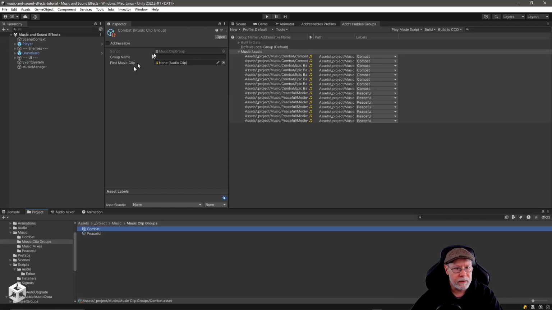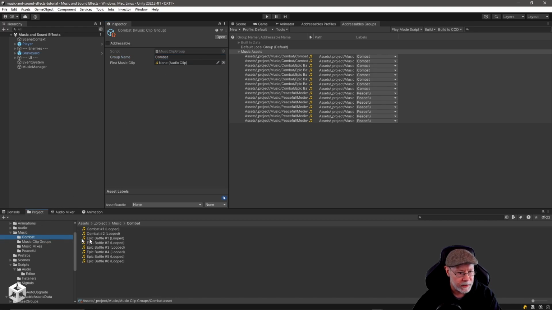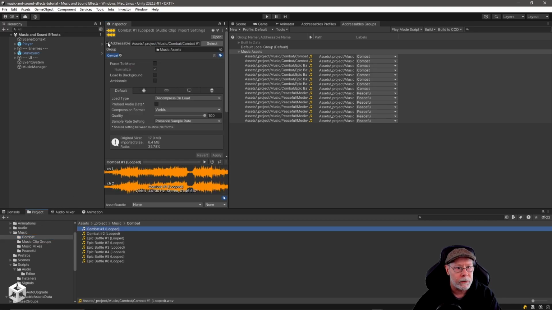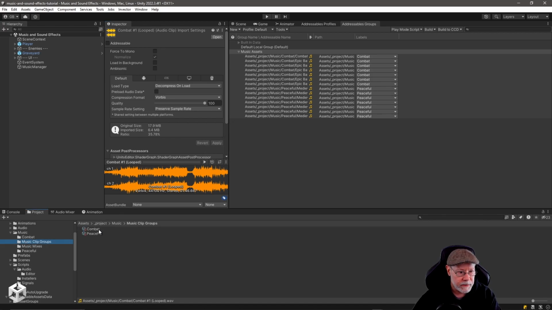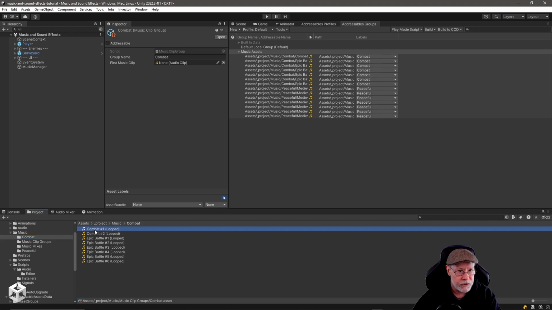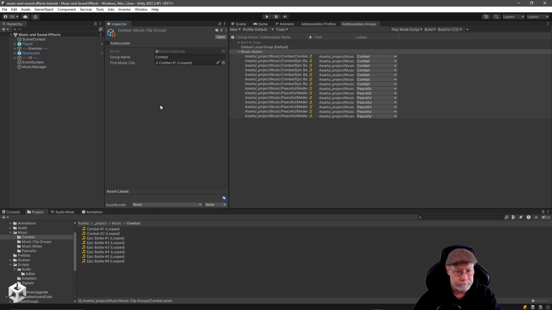All right, and now we look at this. You can see our scriptable object serialized fields are totally different now. So this is the combat one, so we're going to go ahead and call this one combat. And then for our first music clip, let's go into our music combat. This guy is no longer going to be an addressable, so he'll be removed from the music assets group. And what I will do is pick this guy, and then I'm going to drag him right into there. That will be our first combat